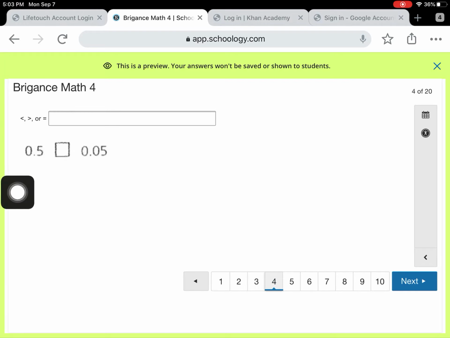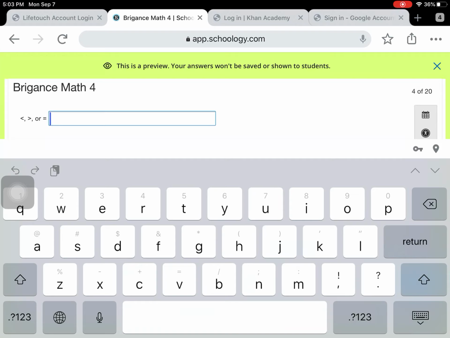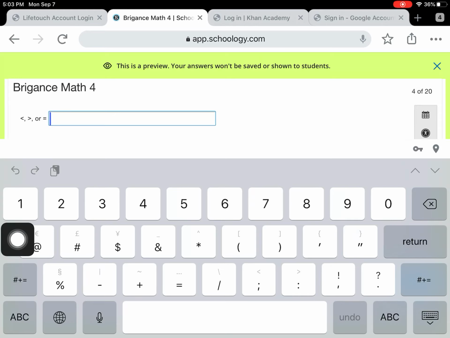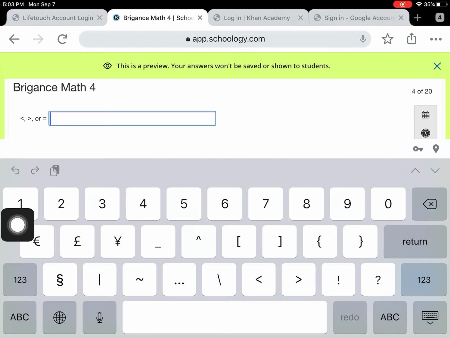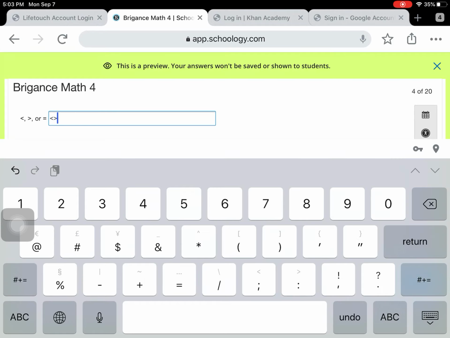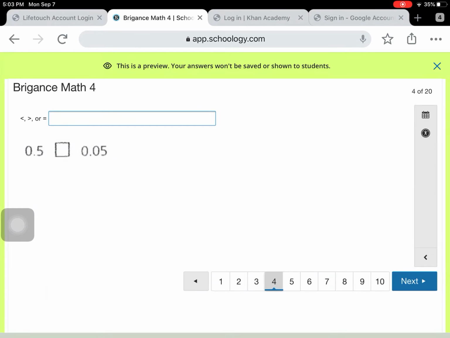Continuing similar to Thursday's problems, you have some problems where you are looking for less than, greater than, or equal to. If I go and type on my keyboard, you will find that I have to touch the number button followed by the number symbol. And then I have those characters there for less than, greater than. The equal sign is going to be in with the numbers. So it is available. It should be easy to find. You have a couple of those problems.